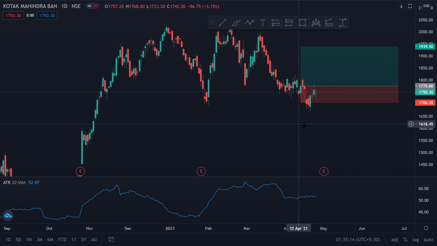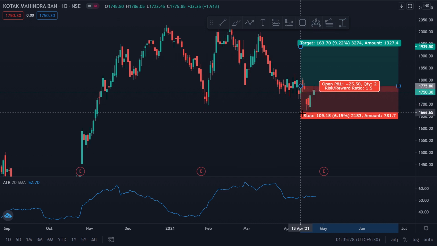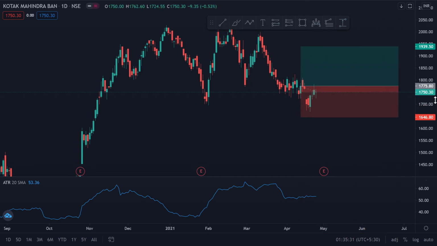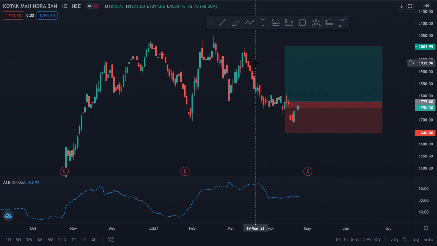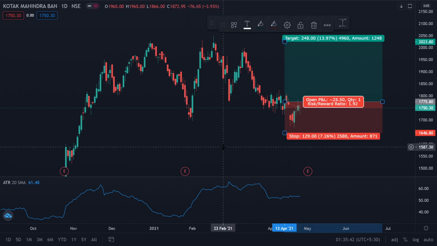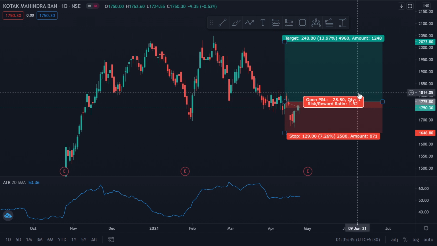So now here my usual stop loss was at 1706, let's call it 1700 level. Now at this candle where I took entry, my ATR is 52. I extend my stop loss by just 50 points, let's say 1700 to 1650. Now again you can see I have turned a definite losing trade into a potential winning trade. Now my targets are probably here. Now I have a chance of getting a winning trade at 1.92 risk to reward ratio.